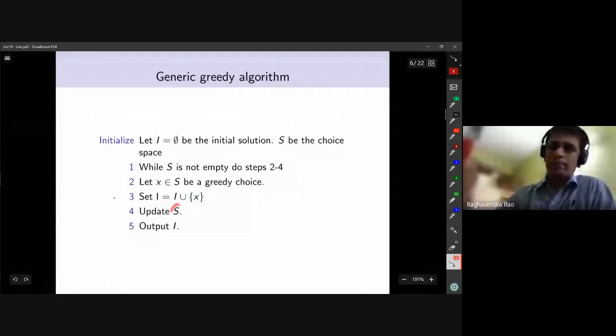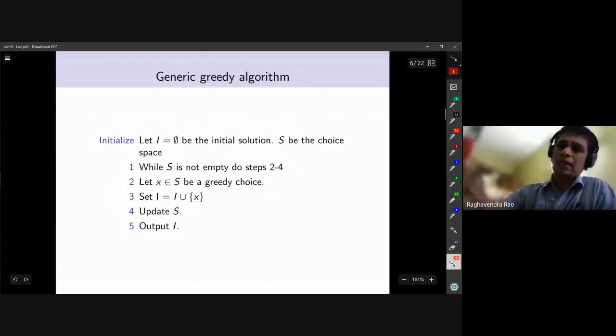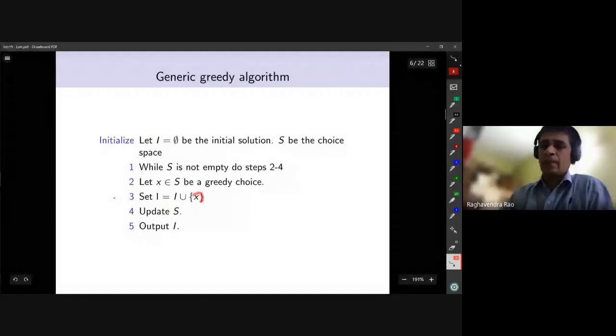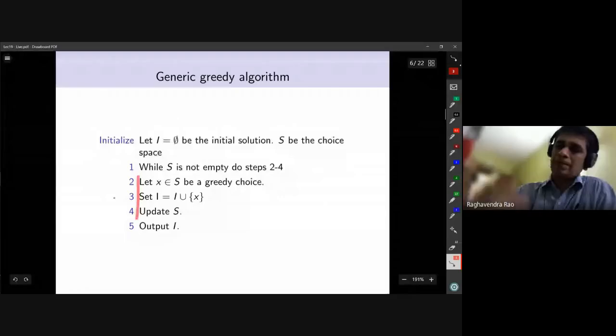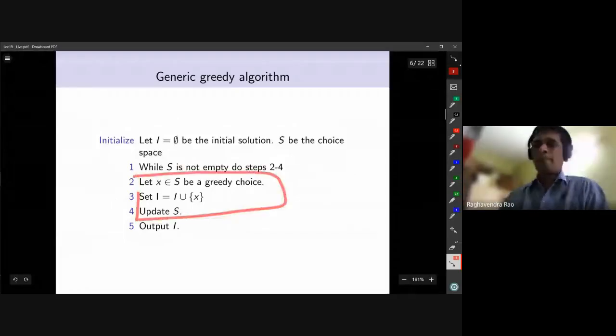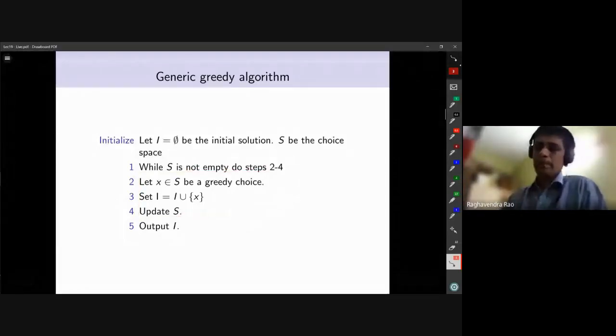In the case of scheduling, all tasks that conflict with X will be thrown out. Okay, and finally you output I. So these are the 3 steps you repeat until S is empty. Okay,